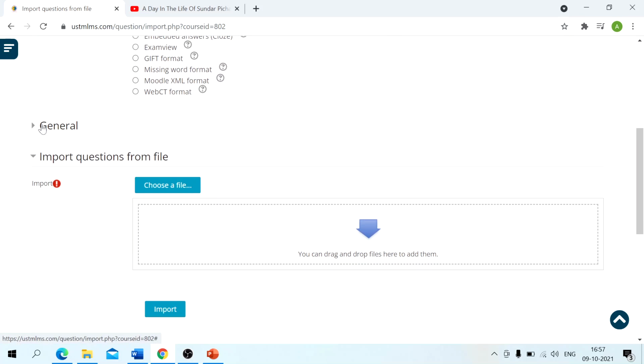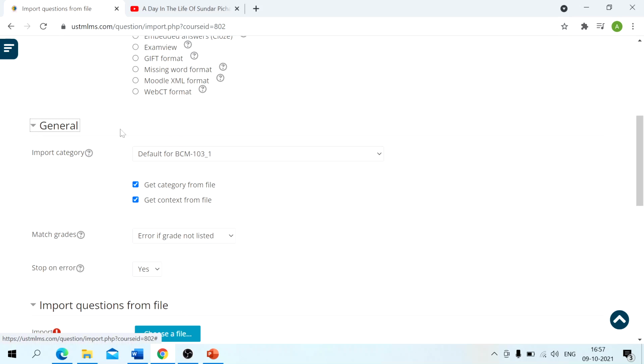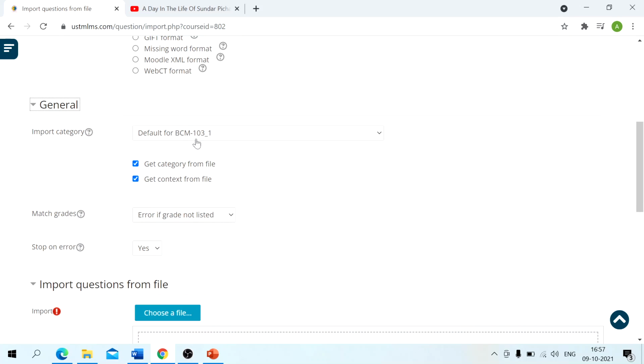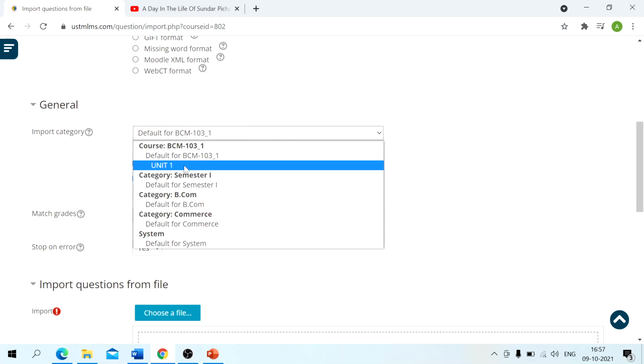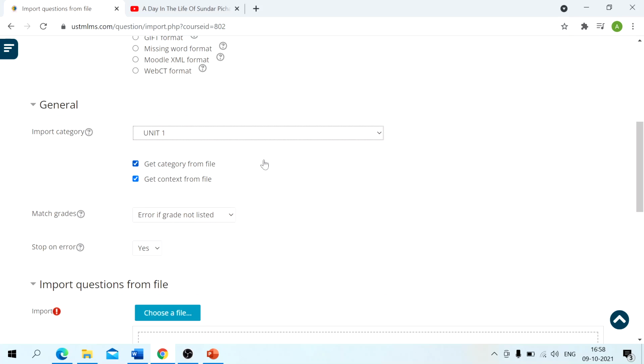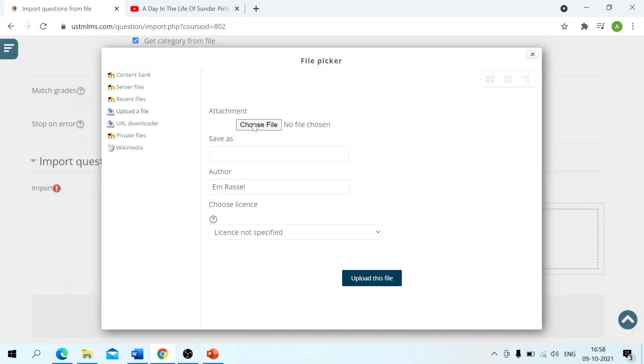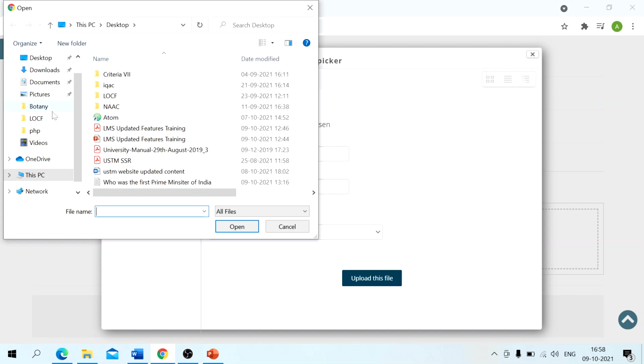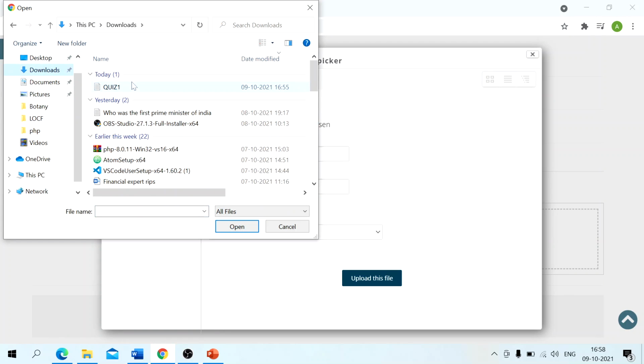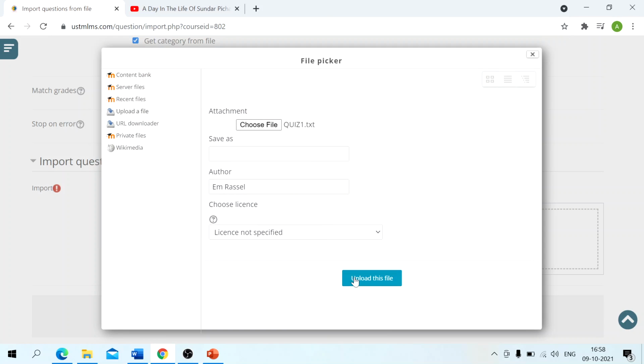And then another important thing is click on this General, and we're going to select the category that we have just created, unit 1. We are going to add the questions inside this unit 1 category so that it's easier for us in the future to access the questions. Okay, now we can just simply choose the file that we have just saved. I have saved it under Downloads, and I have named it quiz1. So this is it. Open, upload this file,